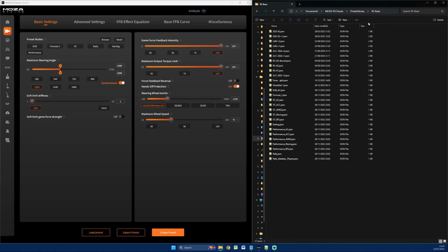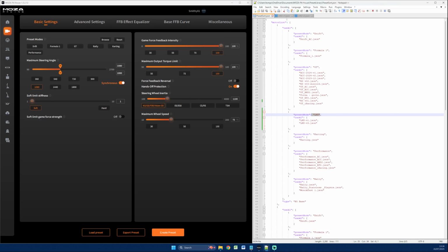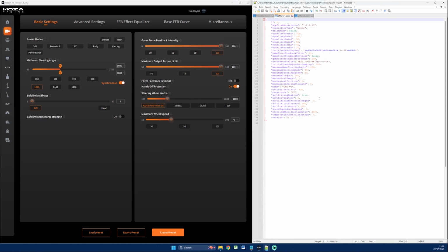They're all lumped into my R5 base folder, and we can see these Le Mans Ultimate setups here and here. Now the change we have to make is, if I load those files up, which I've got open already, for Le Mans Ultimate version 1, you can see that it's lumped into the preset mode of GT. All we need to do is just change that to Le Mans Ultimate,